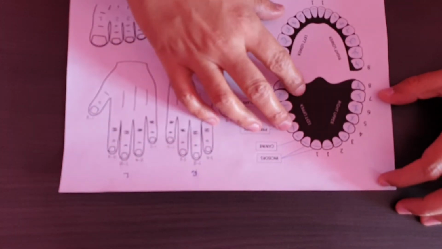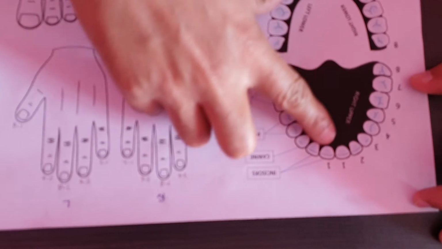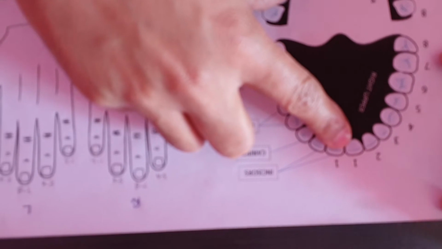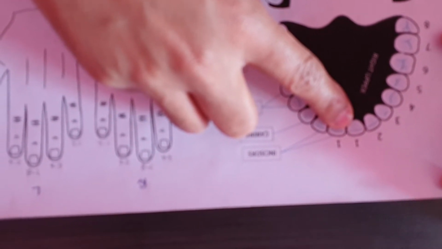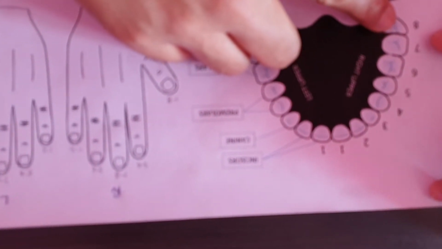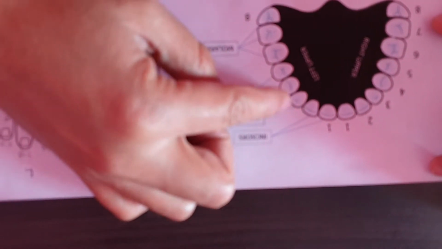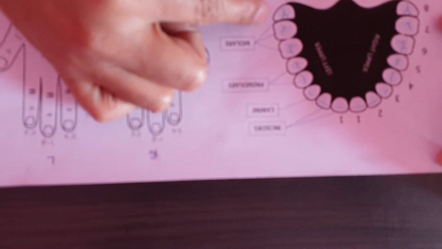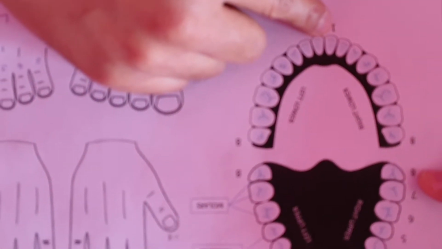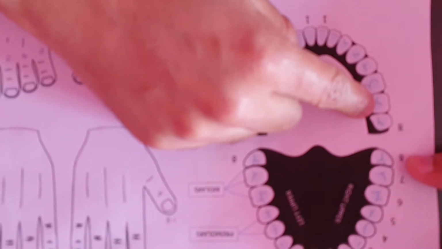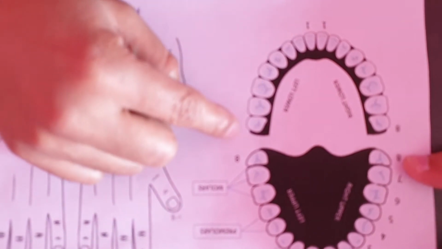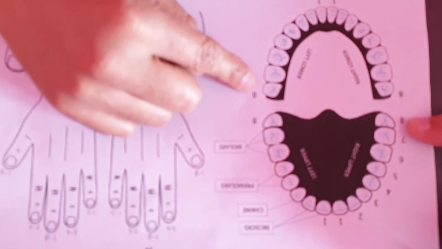The numbering is like from the first tooth, say if this is the upper right of the jaw, the numbering is from the first tooth that is in the front side of your jaw. So 1, 2, 3, 4, it increases in number as we go backwards. Similarly on the left side, 1 to 8. The same strategy is repeated on the lower jaw. From the first tooth in the front, this is the first, and as we go back, it is the 8th tooth. And similarly on the left lower side, you have the first tooth in the front and the last tooth on the back side.